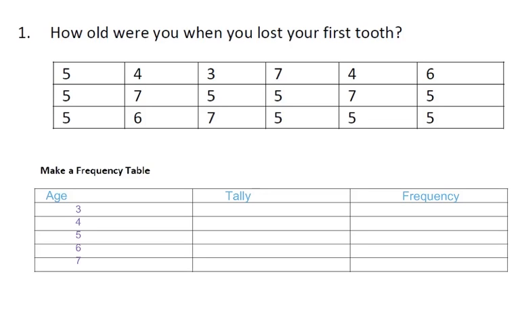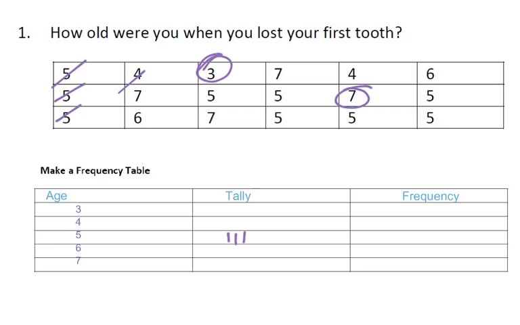You can see that I looked at my data and I saw that it went from a low of 3 all the way up to a high of 7. So on my frequency table, I've listed 3, 4, 5, 6, 7. These are the ages, and I'm going to put a tally every time that I see that number in the data. There are 1, 2, 3 5s that I see right away,